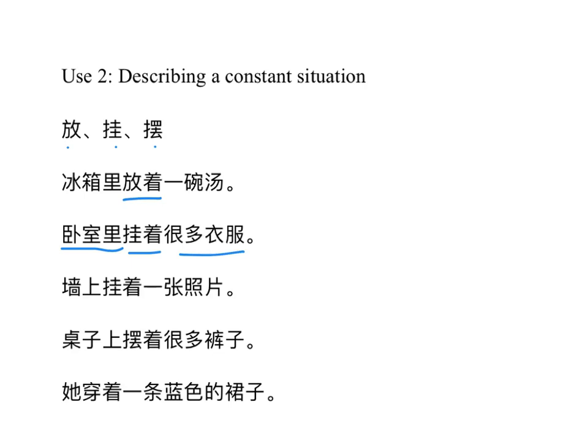冰箱里放着一碗汤。再看，卧室里挂着很多衣服。卧室里就是在卧室里面挂着很多衣服，就是说 in the bedroom there are hanging a lot of clothes. 好的，下一个，墙上，这个墙我们没学过，墙就是一个 wall，墙上挂着一张照片，there's a picture hanging on the wall。好，下一个，桌子上摆着很多裤子，就是 there are a lot of pants laid down on the table。好，还有她穿着一条蓝色的裙子。